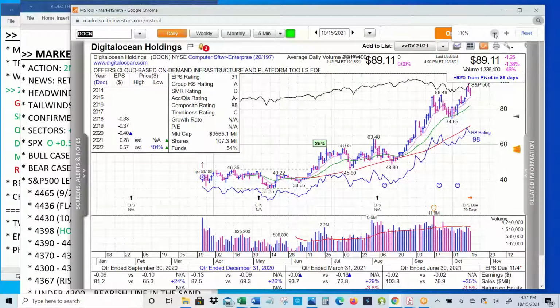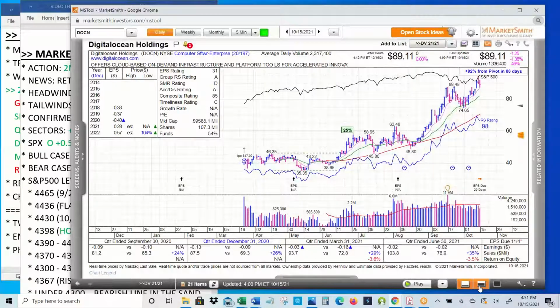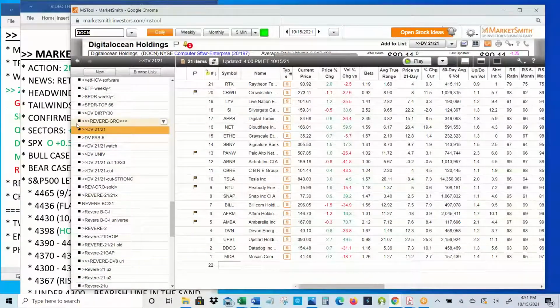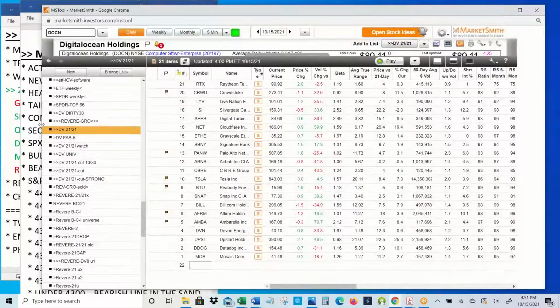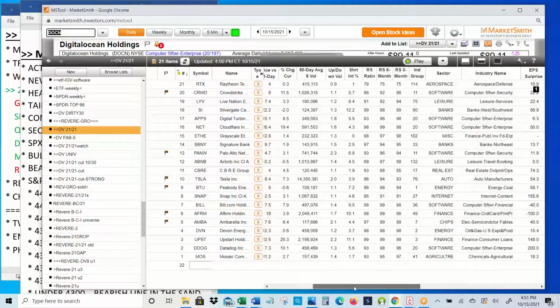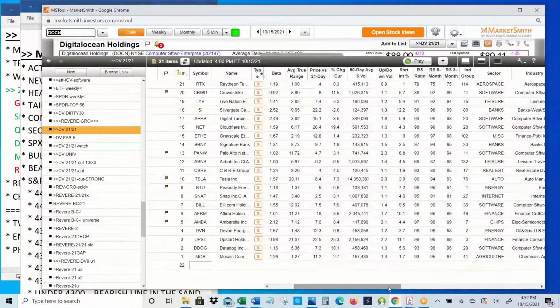So let's go to the 21 over 21 list. Let's show the whole list first of all. We've got 12 different industry groups. I always try to keep at least 12 in there. I'm sorry, 12 sectors, 18 industry groups. Multiple industry groups comprise a sector. So there's the full list, and they're sorted in reverse order, which means reverse order of when they've been added